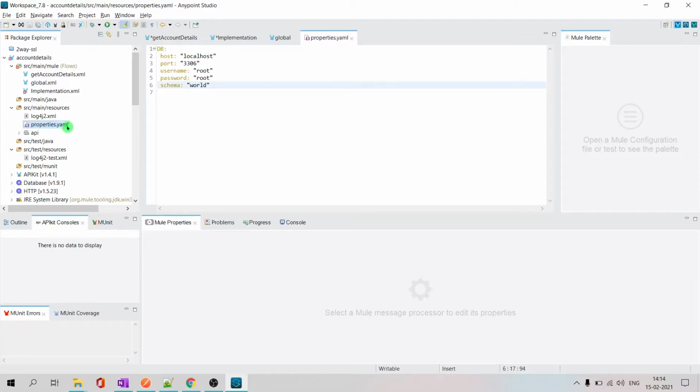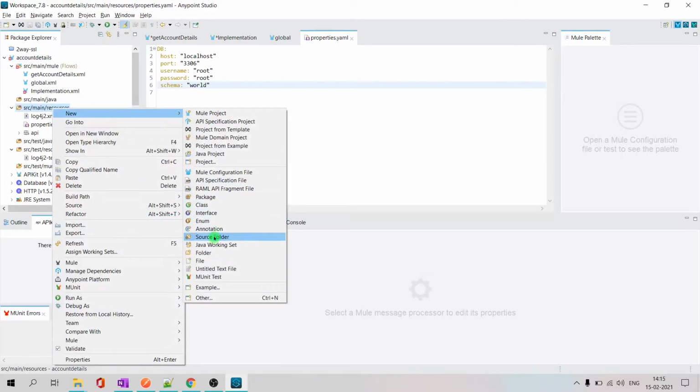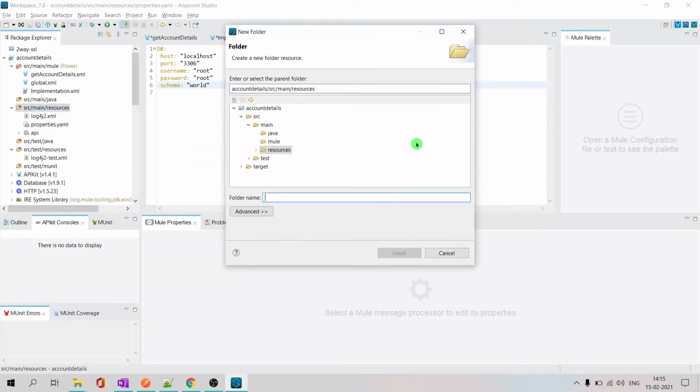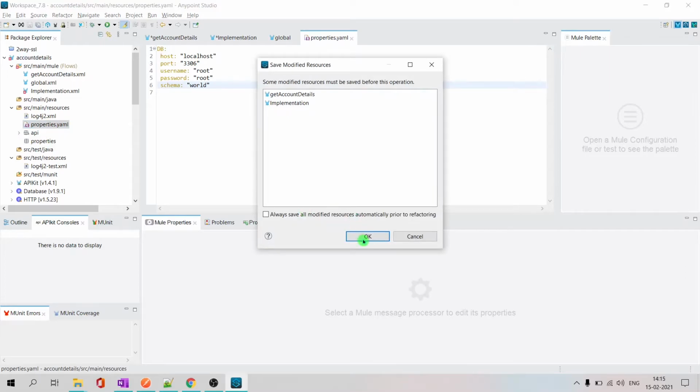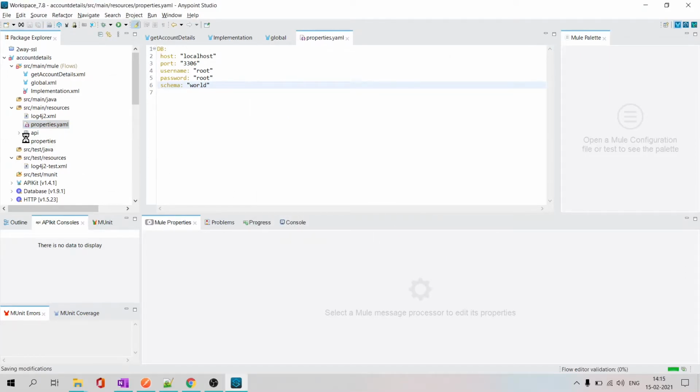So we create a property file. Instead, let us put it in a separate folder. Create a folder, call it properties. So even if you have more files for each environment, you'll have all of them there. So I'm just moving the properties file to the properties folder.